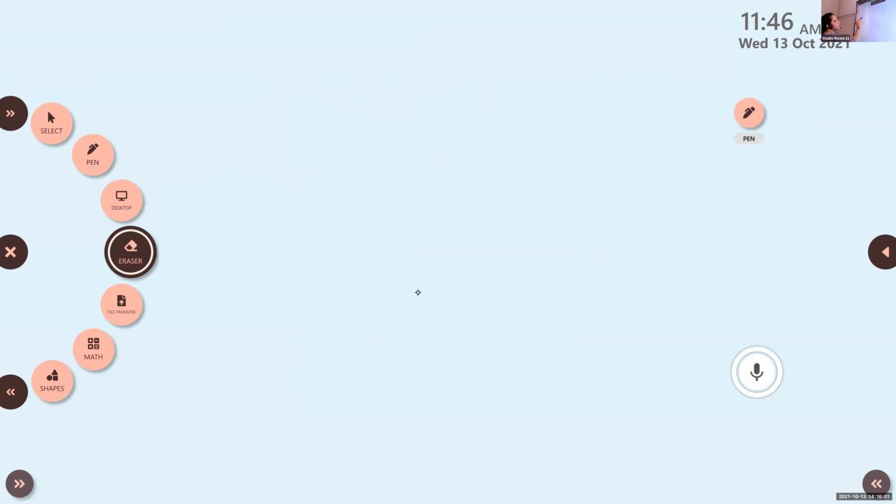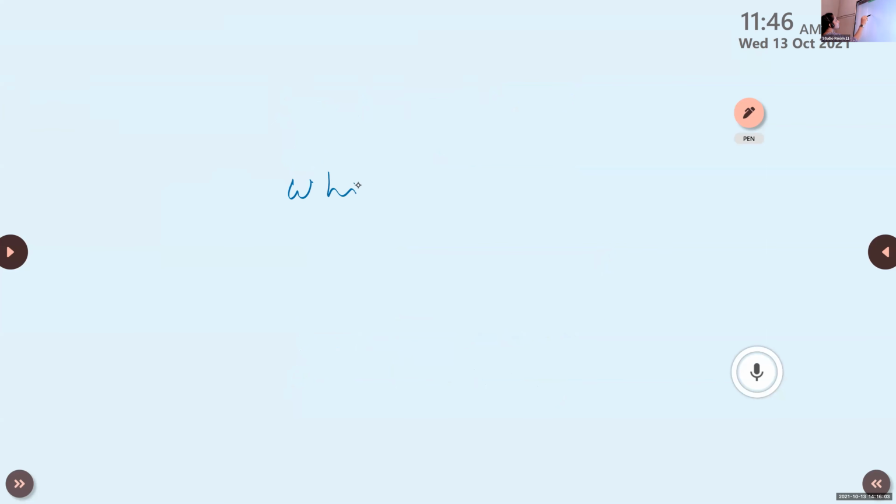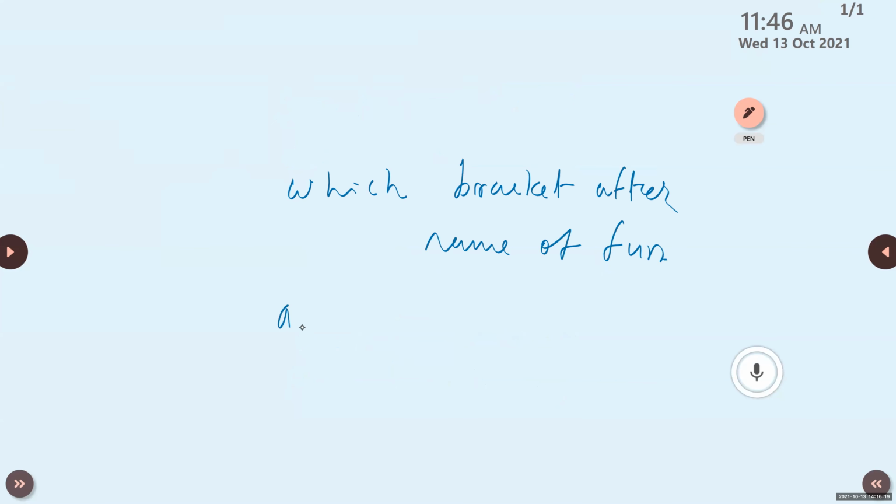Read the question, Aryan. Which type of bracket is placed after the name of a function? Options: A square bracket, B curly bracket, C round bracket, and D arrows. Which one? Achyut, which is the answer?